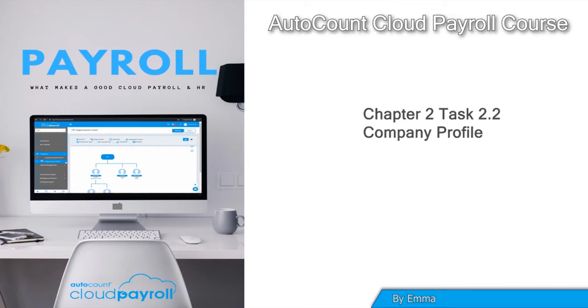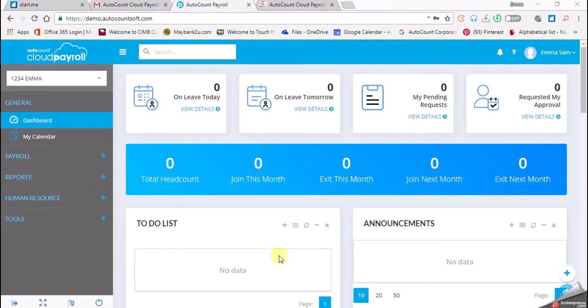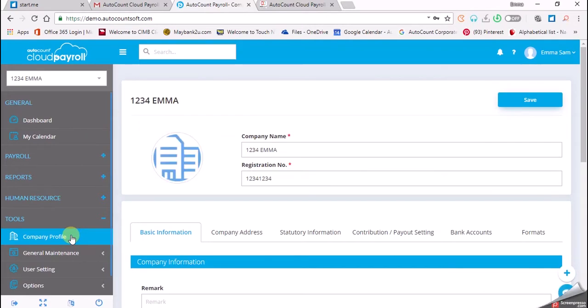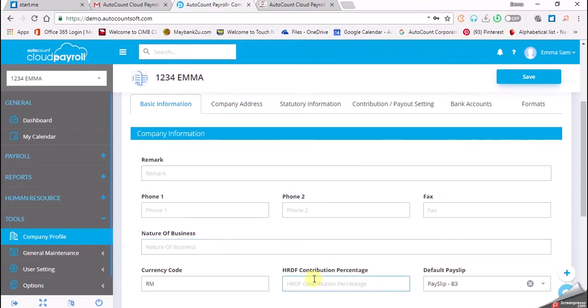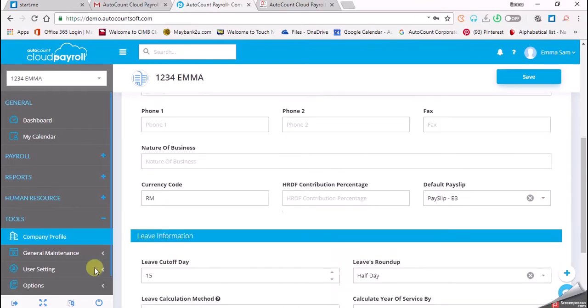Log in and select your company. Now it's time for us to modify our company profile. First, go to Tools and click the plus sign to expand, then select Company Profile. Under this company profile, we will modify column by column, and we start with basic information. Under this basic information, you can enter your phone number, fax number, nature of business, your currency code,